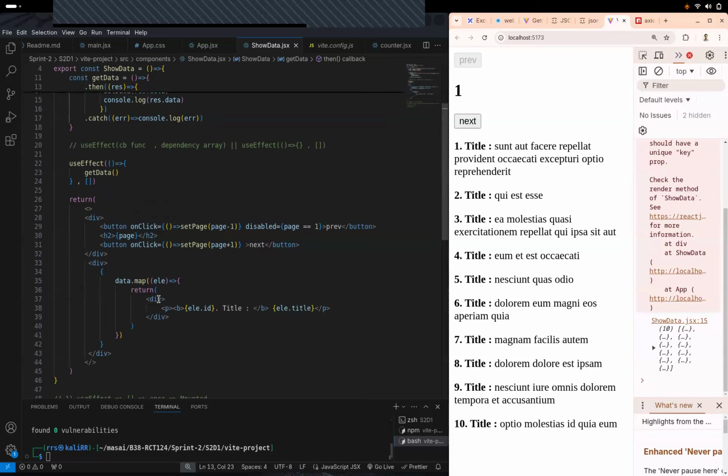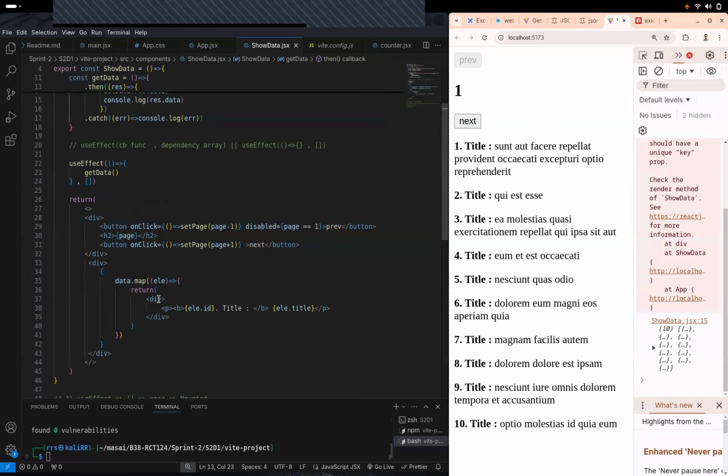Whenever you want your application to run this useEffect once again for a particular state, in our case the page, you just put your page in here. Now React will understand that whenever the page number changes, it has to run whatever is in useEffect once again. So now if I click on next, you'll get the next set of data.